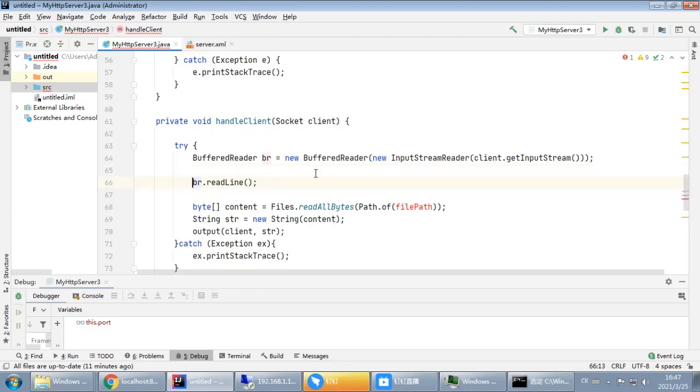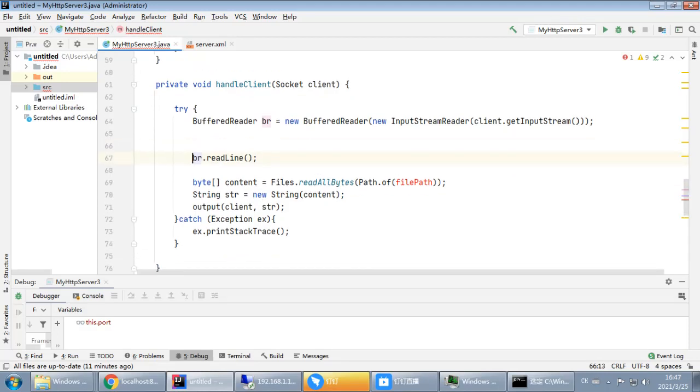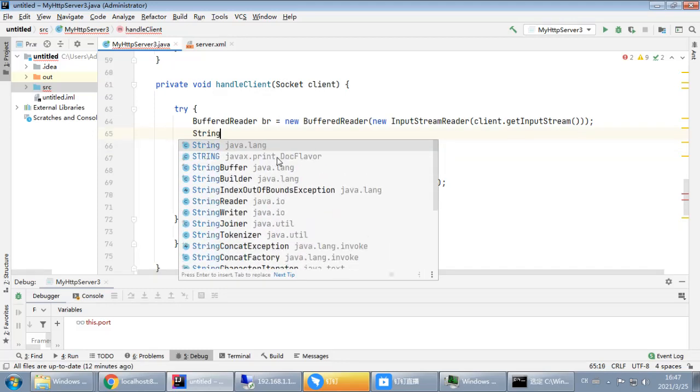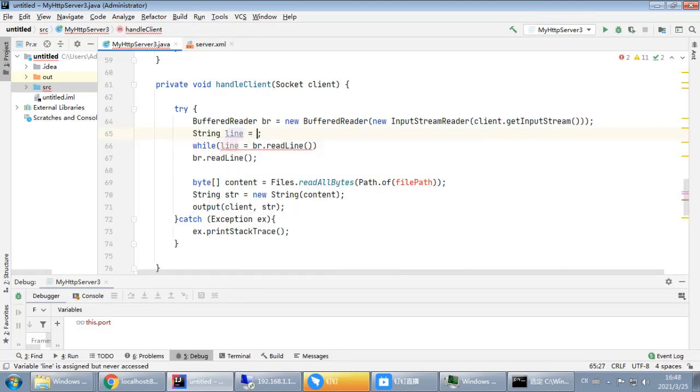But the HTTP protocol will provide multiple lines. There are so many lines, so I will use an iterator to go through the lines. While line equals bufferedReader dot readLine, but if I can define it equals blank, while this result,